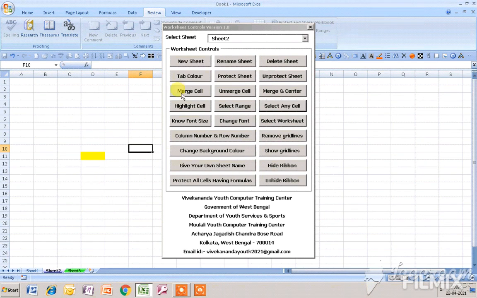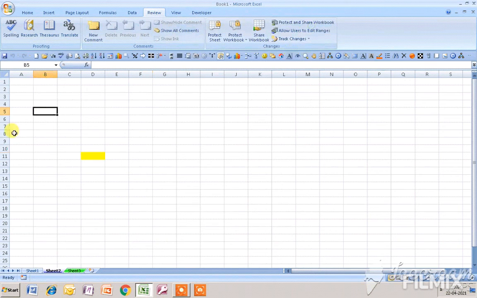Now I will show you how you can change and know the font size. It is very important. First of all I will show you how you can change the font size. Suppose I write A on this particular cell.